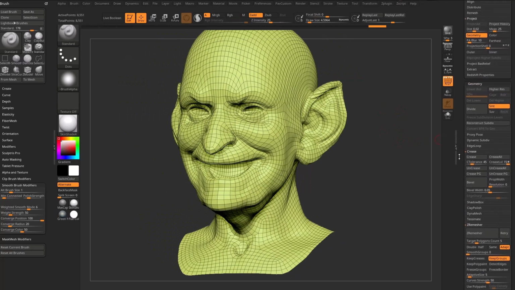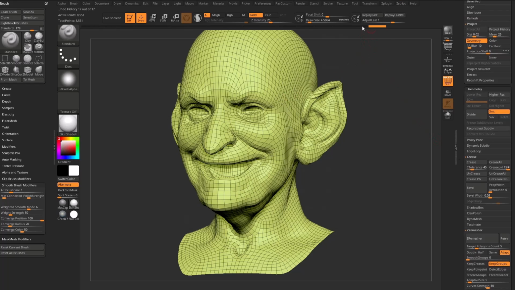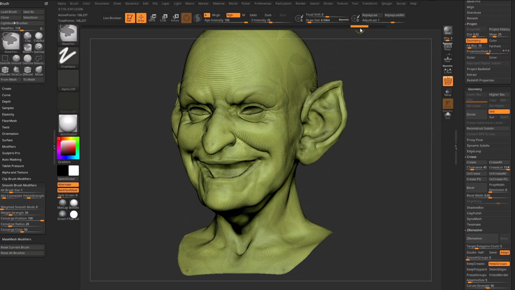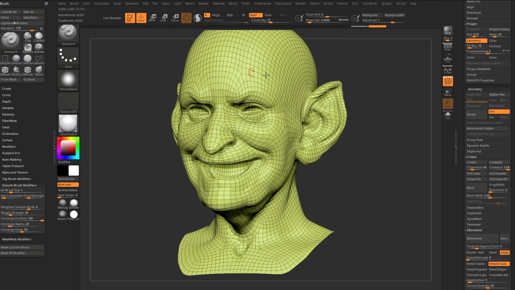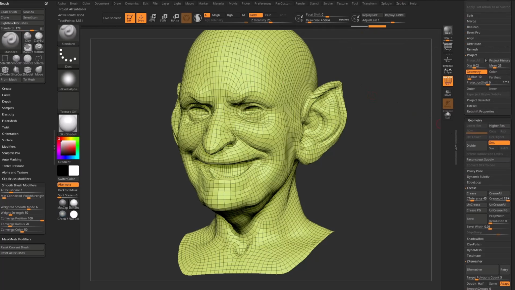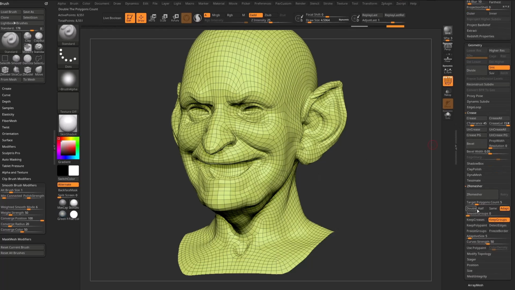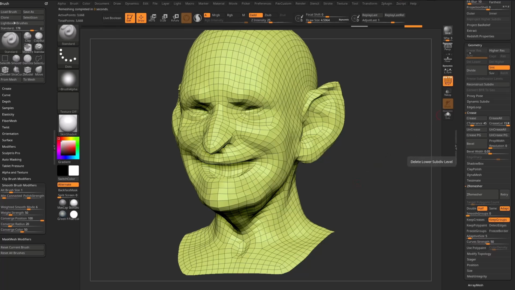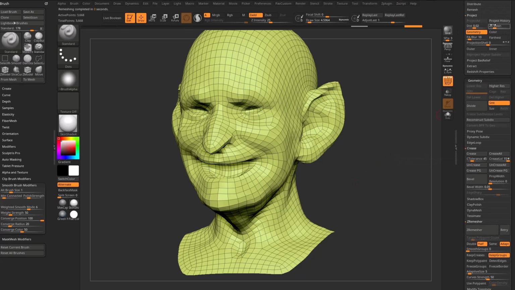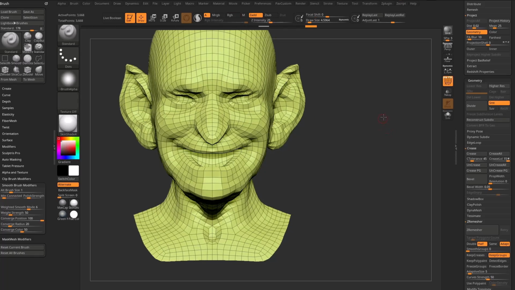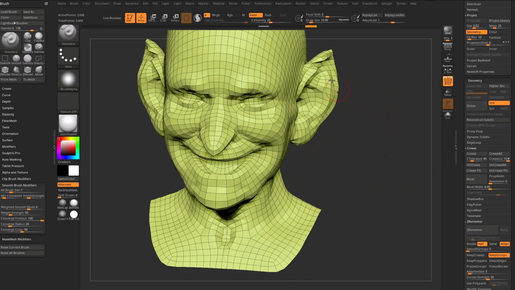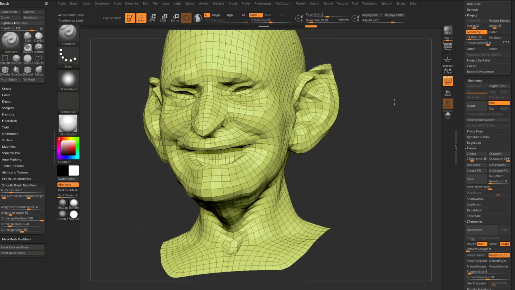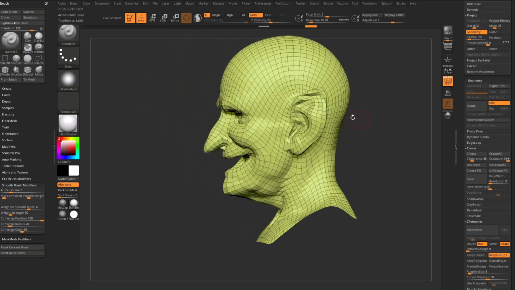So what I like to do is, again, at this point in history, we want to store those verts, so control tap that point in history, and then here's our ZRemesh result. I'm going to go in here and say project history just to move our verts back to where they should be. I'm going to go down here to ZRemesher half, even lower, and then again, just project history, our verts back out. So now you're going to see, okay, we're getting some real problem areas. This part of the ear, this part of the eye isn't done, the mouth isn't done, but the rest is